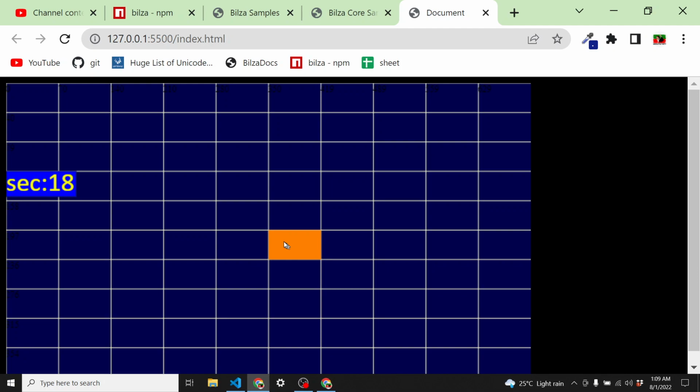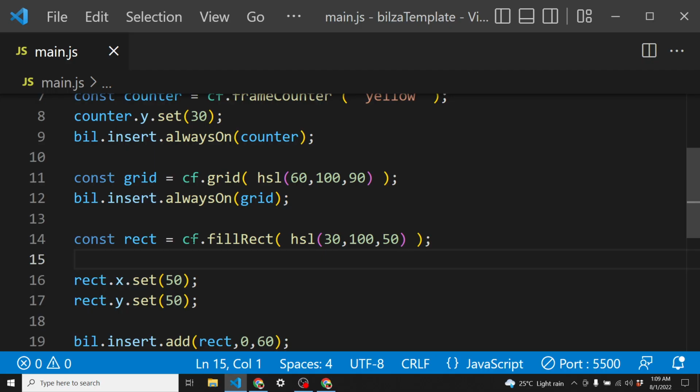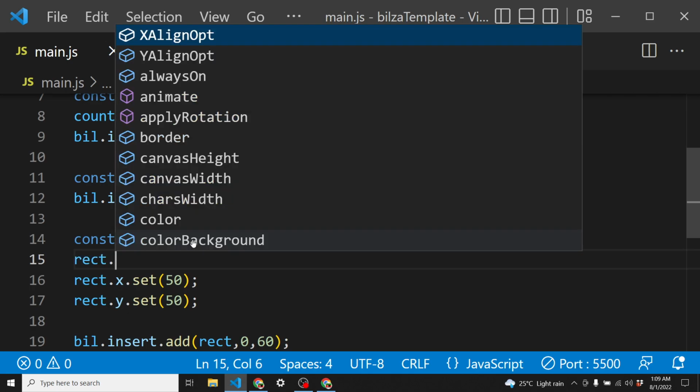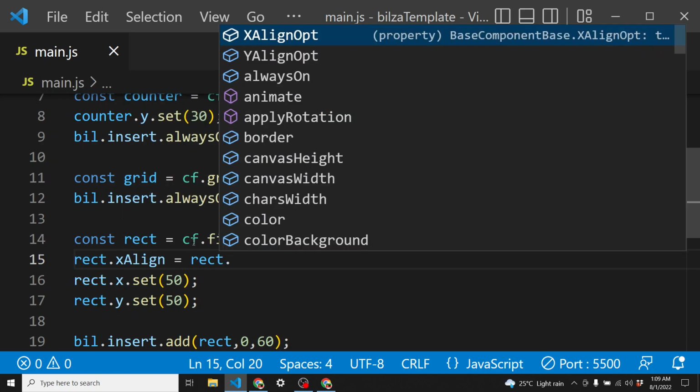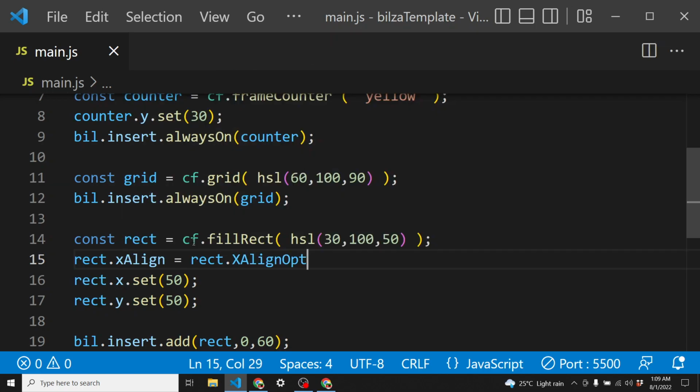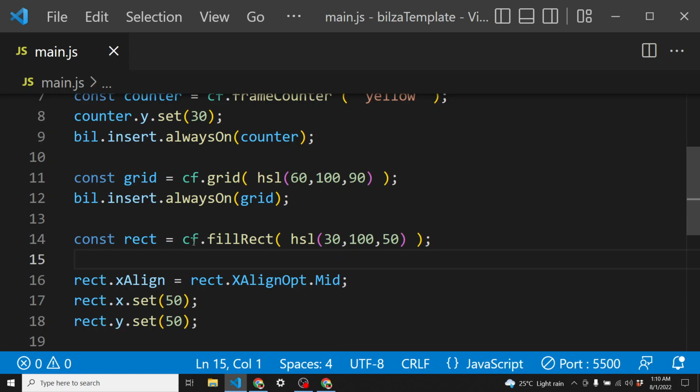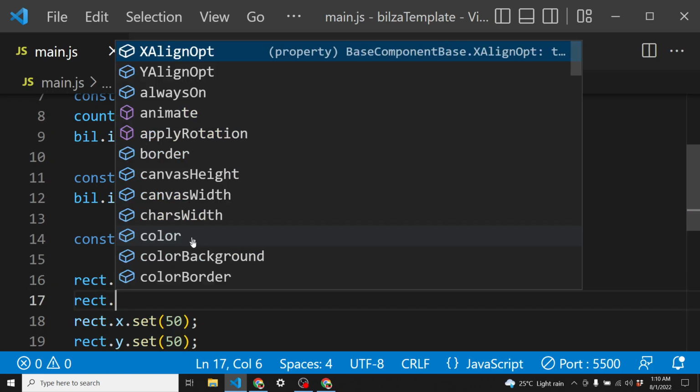So for that, rect.xAlign is equal to rect dot x align options. Within this rectangular object, we have rect align options, which are left, right, and mid. So we select mid. So now what we have done is we have told this rectangle that your x alignment should be in the middle, and similarly we can tell it